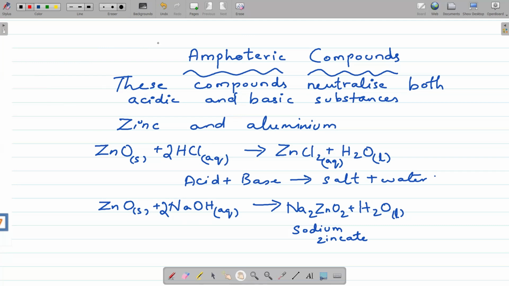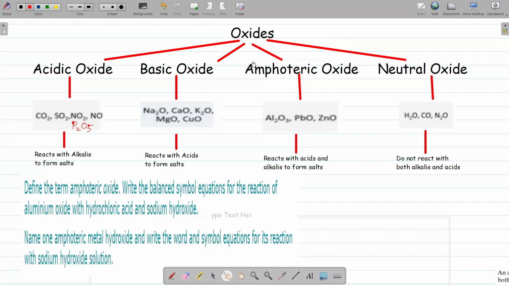Now, what I want you all to do is try out the next amphoteric compound, which is aluminium oxide. So try out aluminium oxide. I've made a flow chart for you, which divides oxides into four: acidic oxides, basic oxides, amphoteric oxides, and